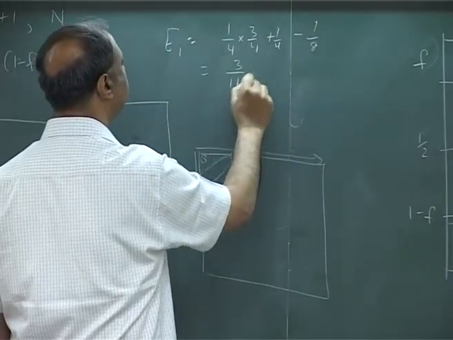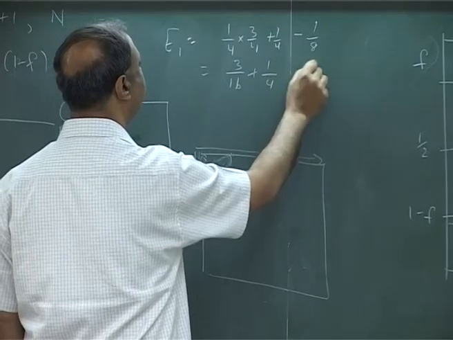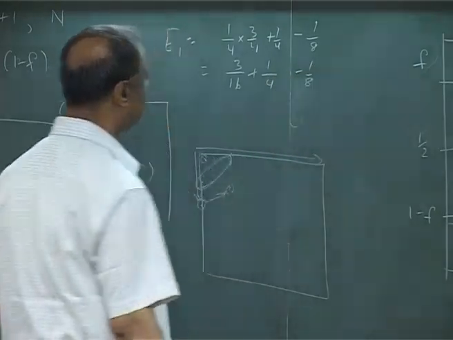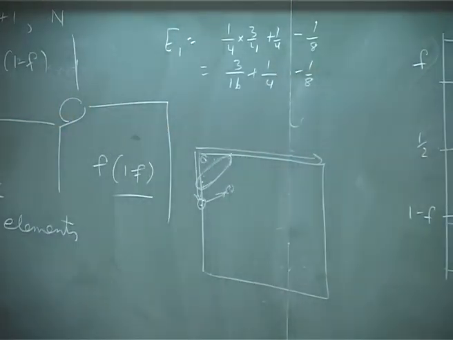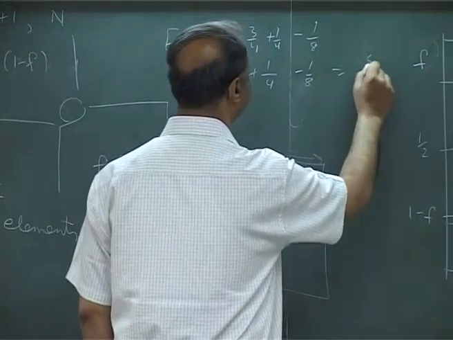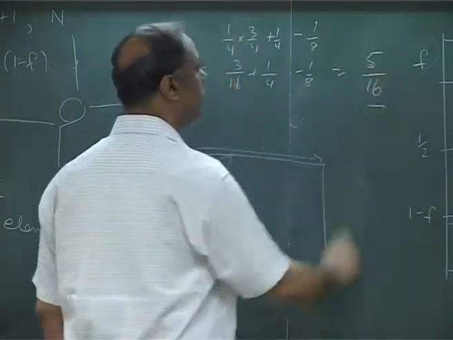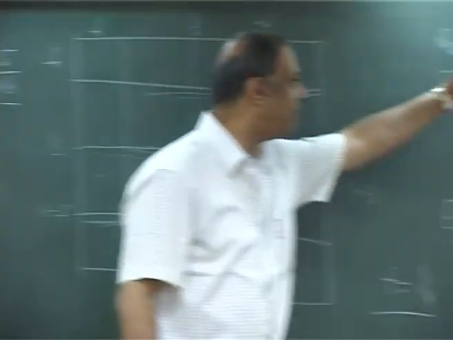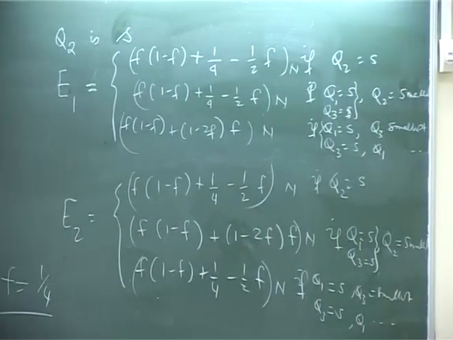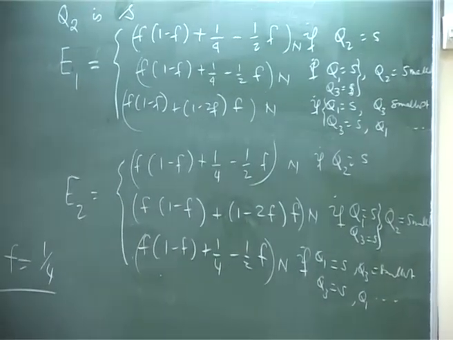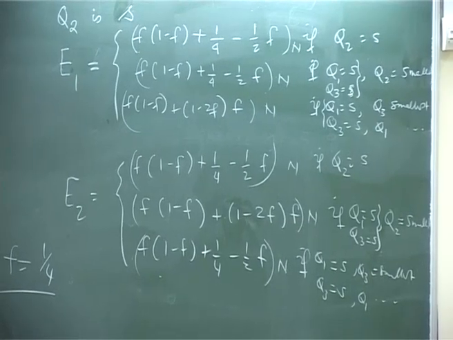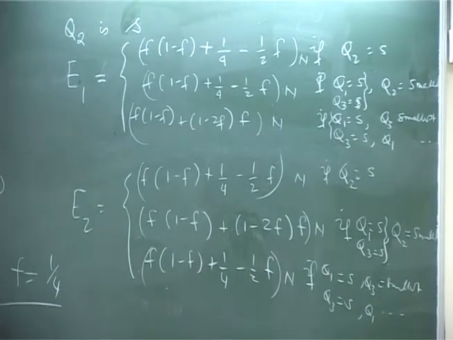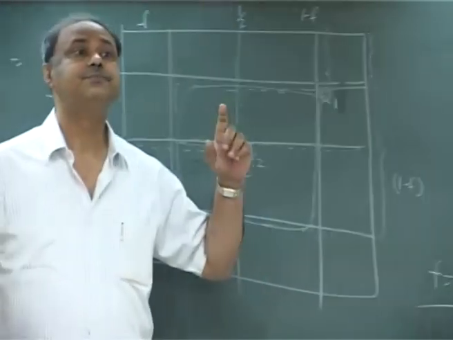3 by 16 plus 1 by 4 minus 1 by 8. What is the value? 5 by 16. So you can find out that for every value it will become 5 by 16. So what it gives you is that if I consider the second largest element of these three